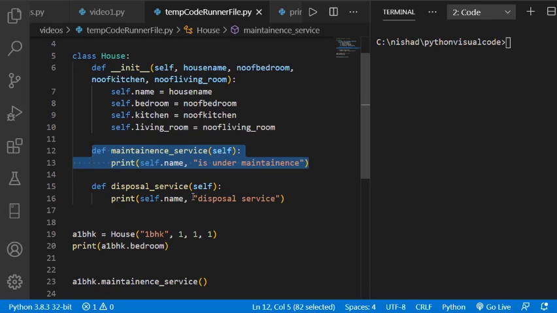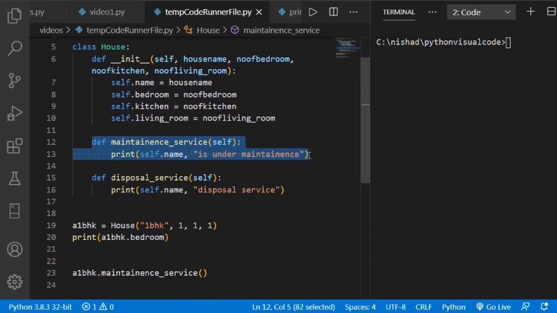Okay, and if I want to access those different functions and variables, I have to create an object of that class, or I have to use an object. A class is basically a container which contains different variables and different functions inside of it, and if I want to access those functions, I have to create an object. So if I want to access this function over here, I have to create an object, and then I can access this function.